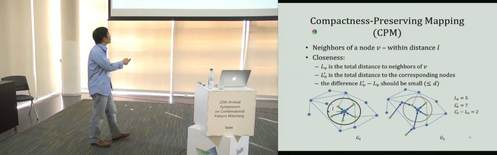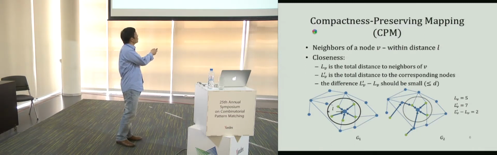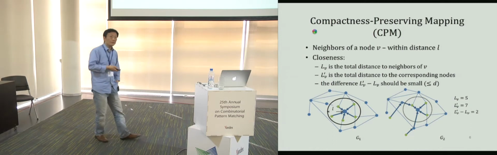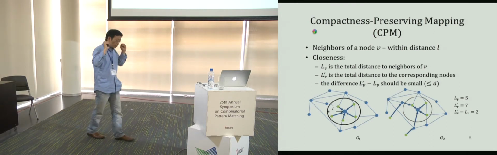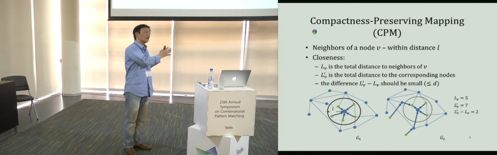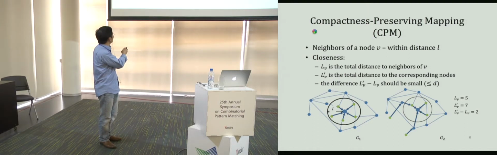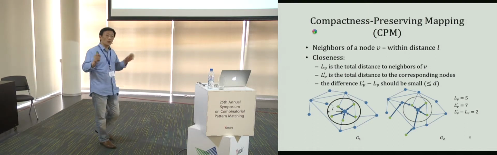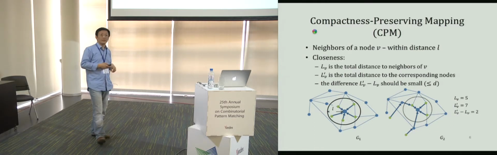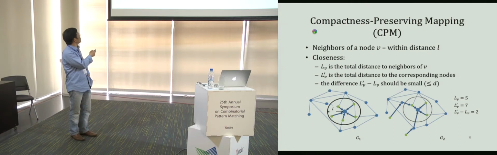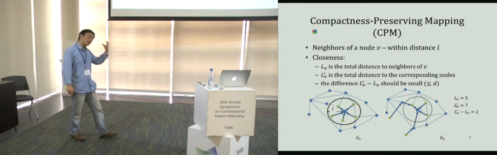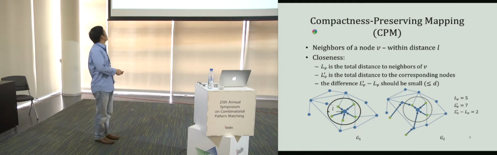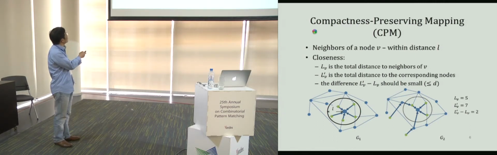If it is mapped to a vertex here in G2, then the labels of V, by which we don't mean the normal labels, we mean the vertices which have small distance to V. Small distance means that the distance is bounded by a parameter L. Okay, these are the labels we mean here. And we say that these labels are mapped to some